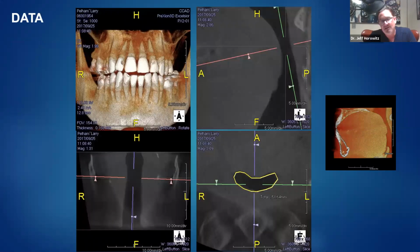Now, this lecture was really touted to be about airway. So what I want you to understand is that when I went into this whole thing with cone beam, I was already doing airway. I was already doing TMJ. And putting cone beam into the office just allowed me to do this at a higher level, because with one scan that can be done as the patient walks through the door,